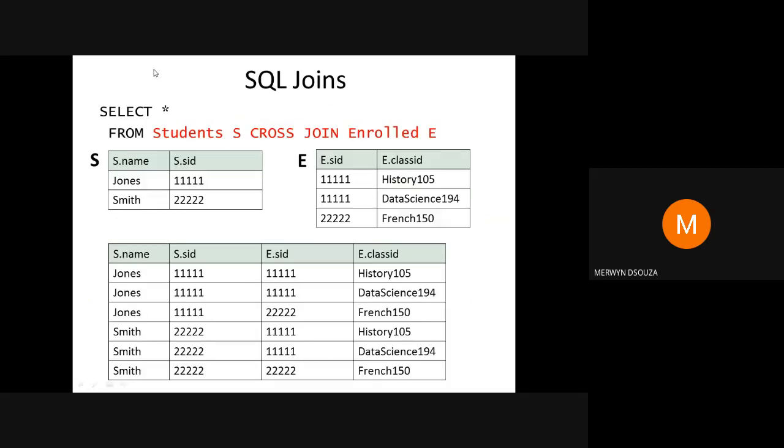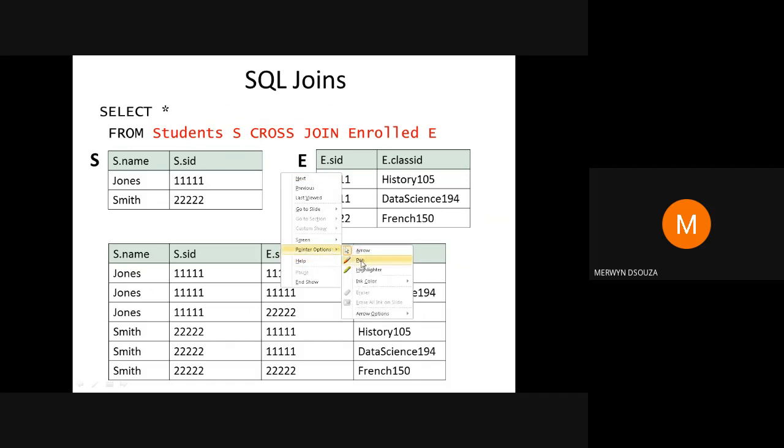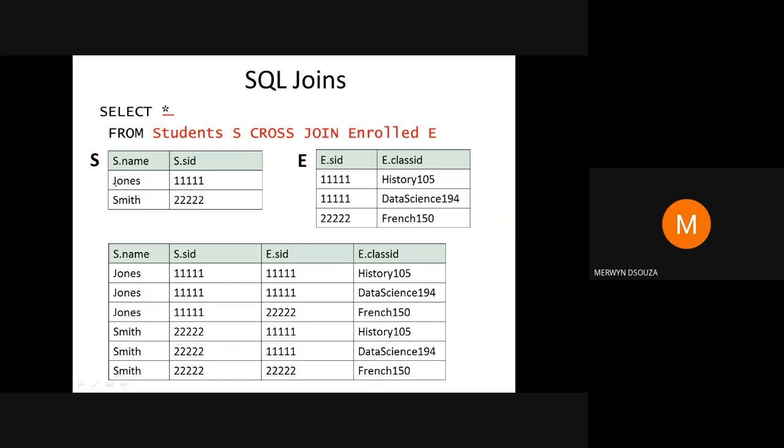Let's see what we understand by this. Suppose we are doing a cross join. Say I'm selecting all the columns from the two tables, from students with the alias S, and I'm doing the cross join with the enroll table with the alias E. Since I'm selecting all the columns, it will take this data and display it first.